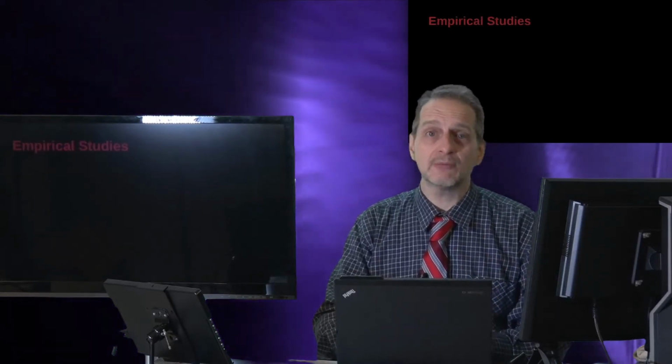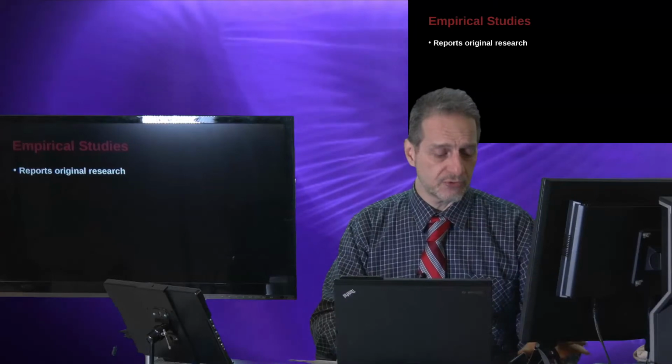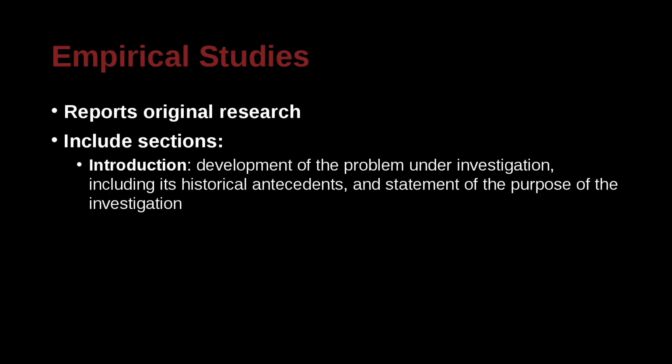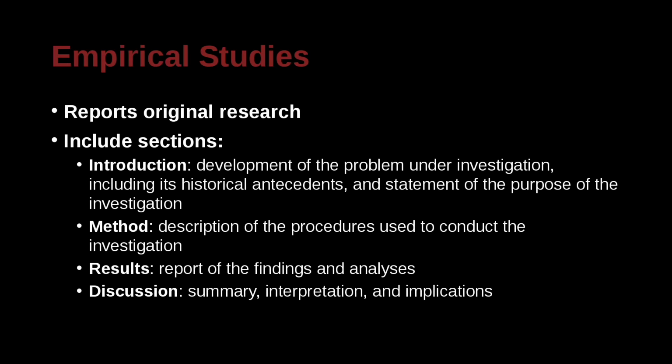Now, empirical is probably the type you're doing. If you're a college student, a PhD student, a master's degree student, you're probably doing empirical work. This means that you're doing some kind of original research. You're actually looking at source material, doing some kind of test, a survey, some kind of experimentation in a lab. If you do an empirical study, then the parts of your thesis or research paper would include things like an introduction, a methodology section, a results section, and a discussion section.